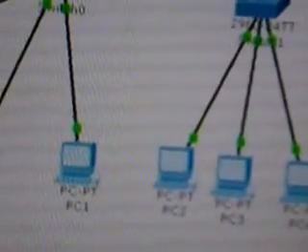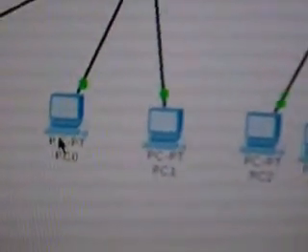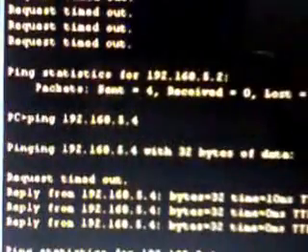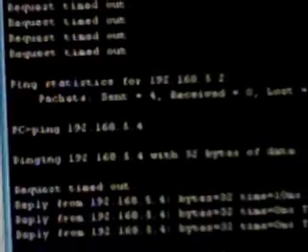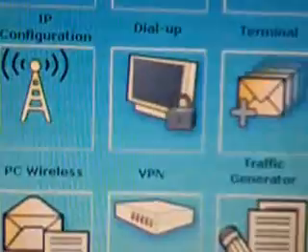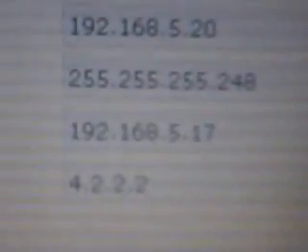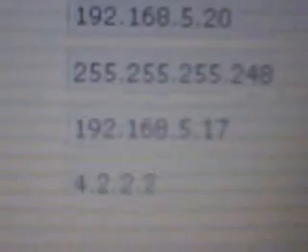we have to verify whether the address is generated dynamically or not. Just press any of the PCs, go to config mode, desktop, IP configuration, just press static, then after that DHCP. You will be noticing this. Yeah, it's generated dynamically. This is the IP address for the first PC that is connected with LAN 1. So that's all.